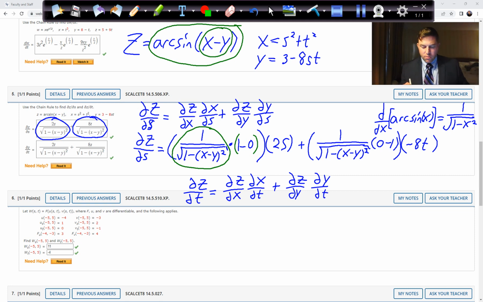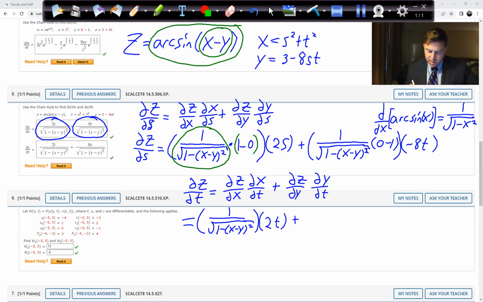Okay, and it's going to be really similar. So we're going to get dz/dx is going to be, well, it's the exact same thing. It's going to be 1 over the square root of 1 minus (x minus y) squared. And then dx/dt is going to be 2t, plus dz/dy is the exact same thing. It's going to be minus 1 because of this minus 1 here, over the square root of 1 minus (x minus y) squared,